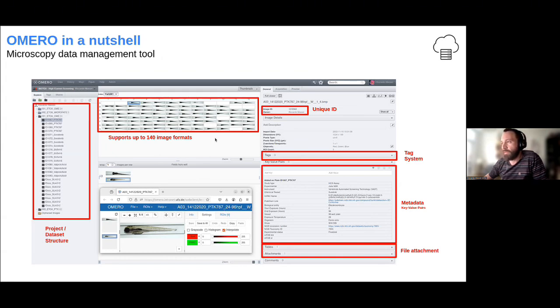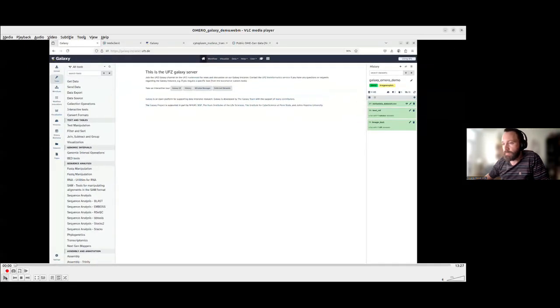So when you have your images in Omero, you can just simply click on the different images and visualize them on a web browser. So all these things together make it a powerful tool for research data management with images, and can become even more powerful using Galaxy, and I would like to show you. I prepared a video for this specific demo just to stay in time, and I will just start it.